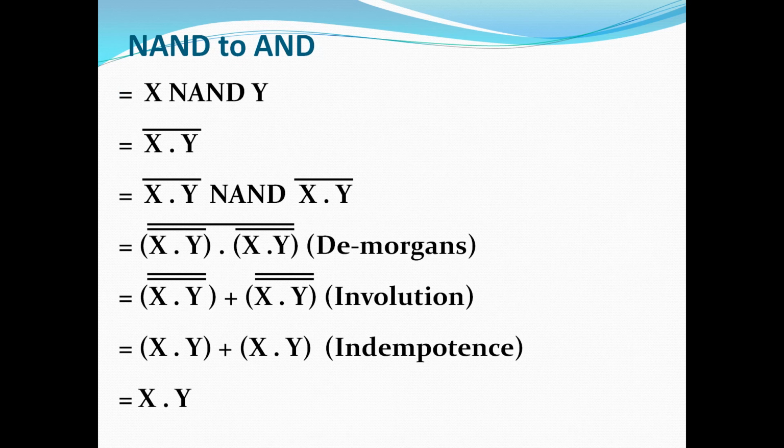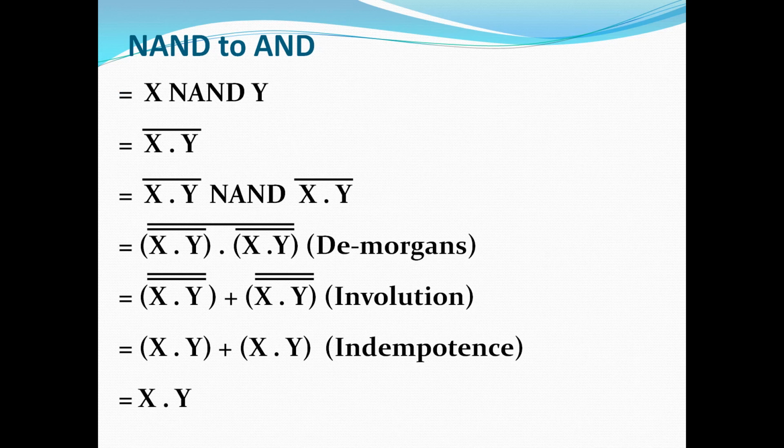When you derive the AND operation, the first gate is a NAND operation that takes two inputs, x and y. It will be x NAND y, so the output will be (x dot y) whole dash. After getting the (x dot y) whole dash output, next we can see the second gate. In the second gate, the two inputs are the same. The first NAND gate output is given as the input for the second NAND gate.